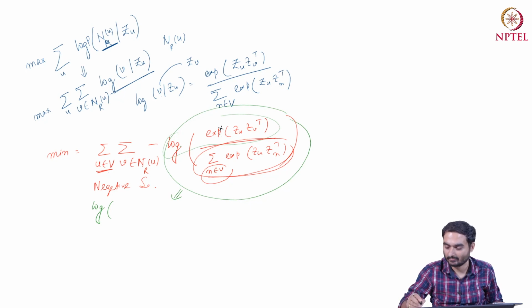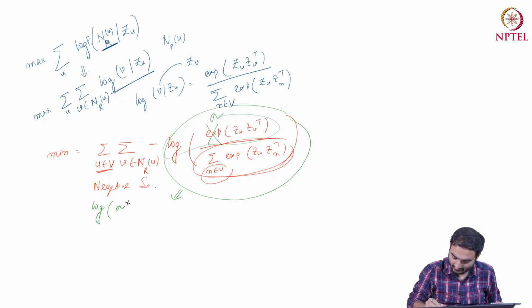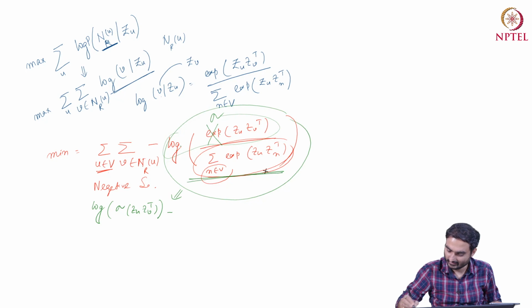But we really want to make it a probability kind of notion. Therefore, we replace exponential by a sigmoid. There is a paper which suggested this. So sigmoid, minus this part will be there,